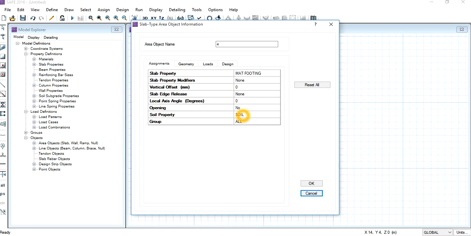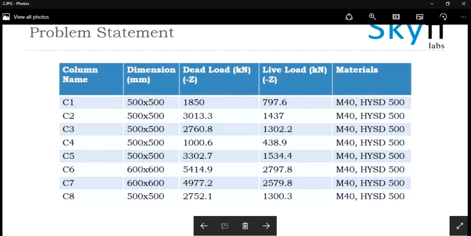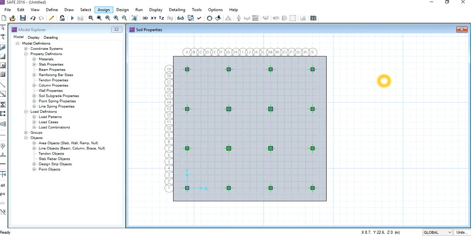Now we have to assign the loads on the column. The loads on the column have to be assigned on the basis of the table as shown. Since the dead load as well as the live load for each of the column is different, we have to select the column one by one and add the loads. So first select the first column. One point selected has shown.